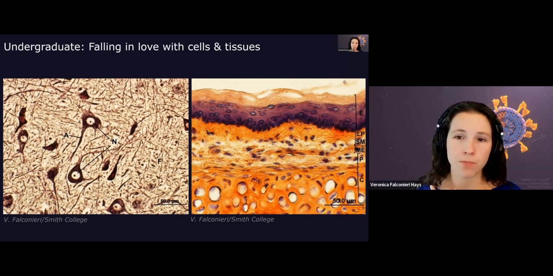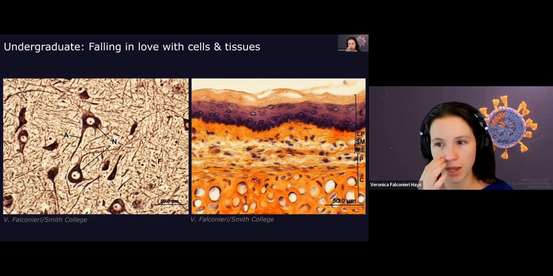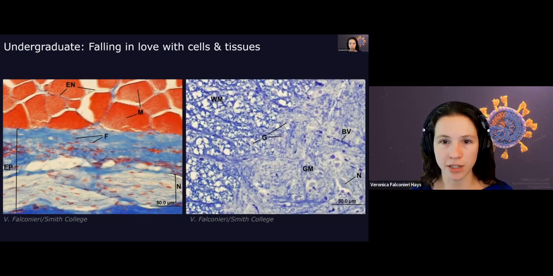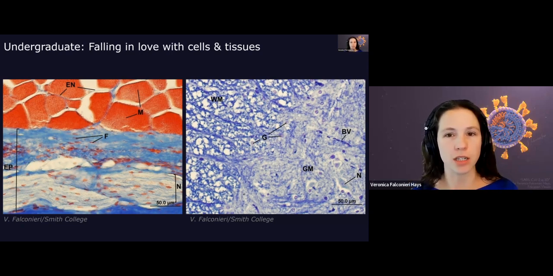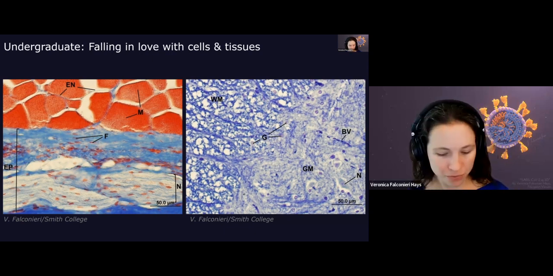I was really falling in love with the intricacies of cellular and tissue structure at the time. I really enjoyed doing this histology class because I got to prepare all of these and then look at them under a microscope, spend time trying to take the best image, but also just soak in the organic feel of everything and start to understand how everything worked on a very microscopic level. But this is still much larger than molecular, of course.